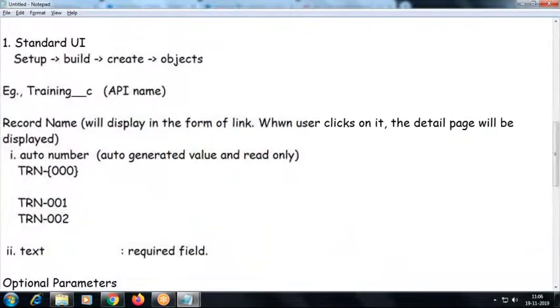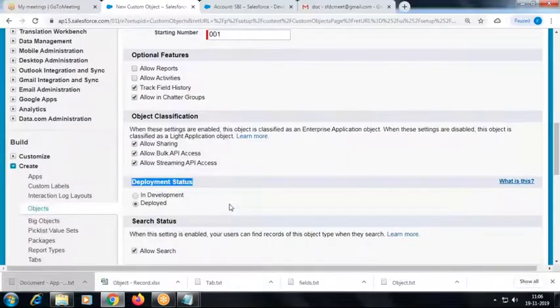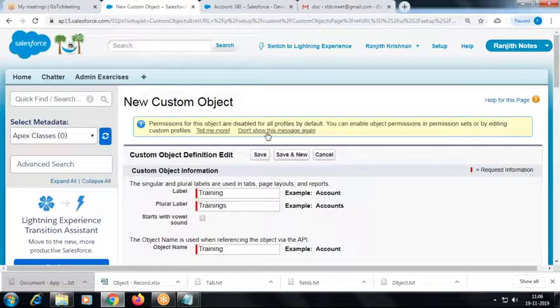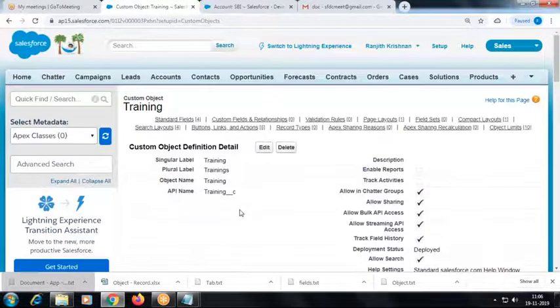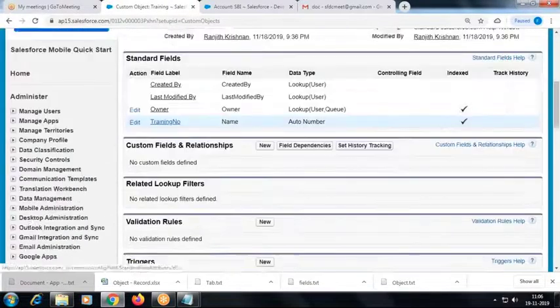Is it clear to all of you? So what do you have to do next? We'll save it, right? So the object is created, right? So the object is created. We'll see some